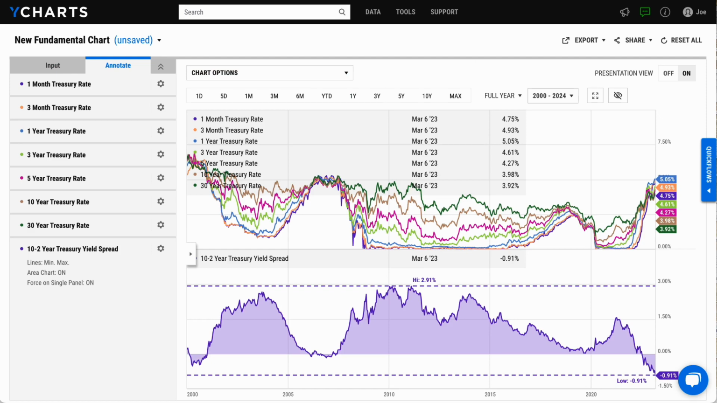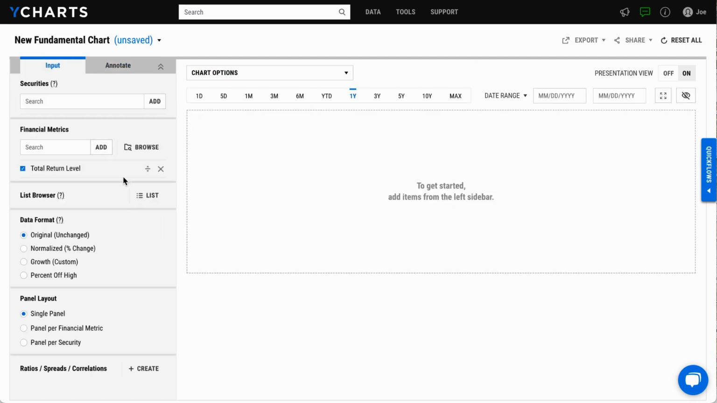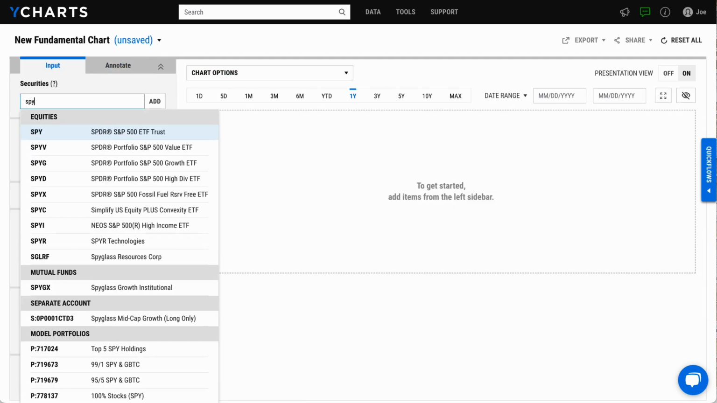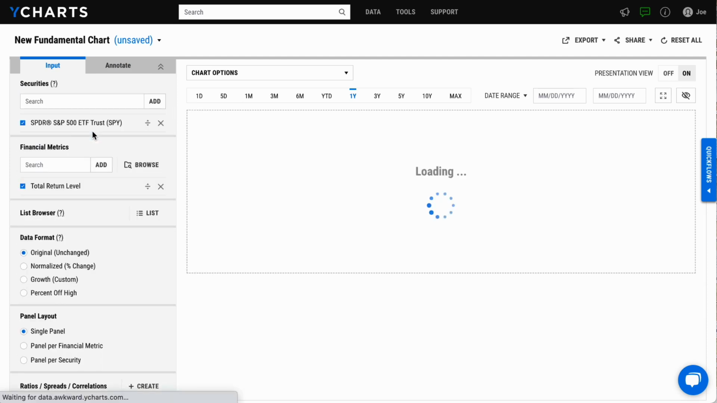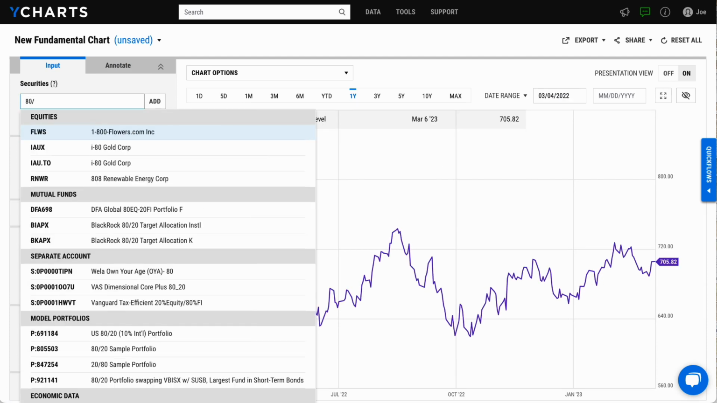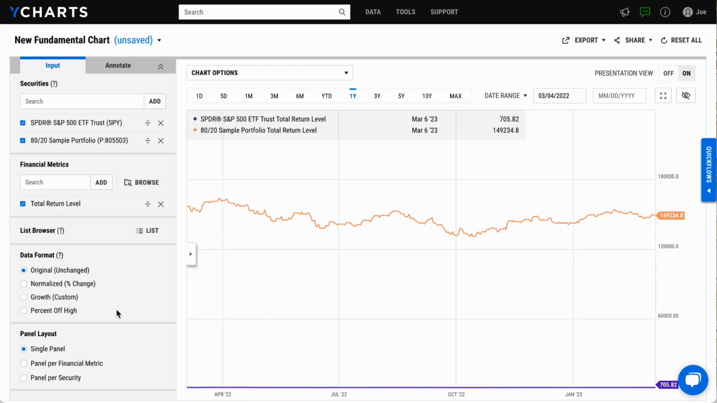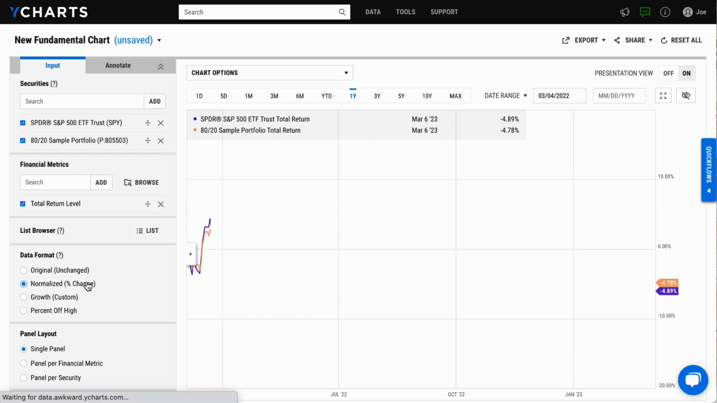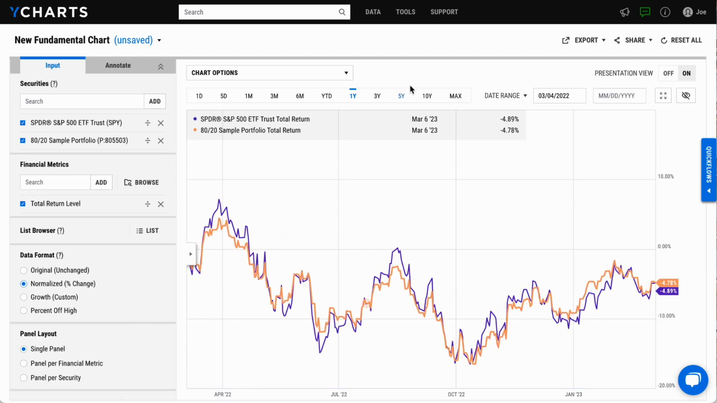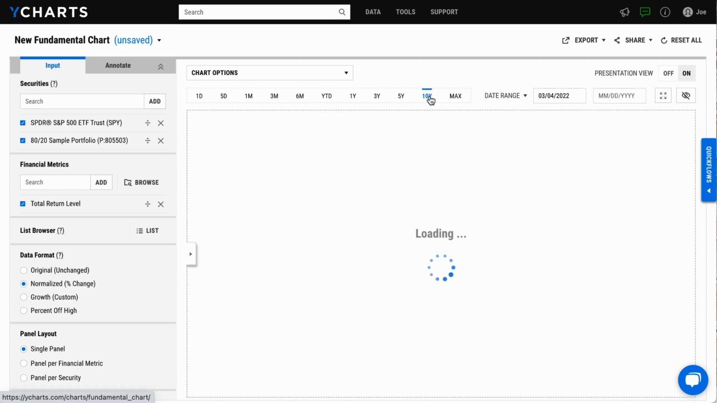Now, let's say you're meeting with a client to discuss portfolio performance. It's easy to pull in equities, funds, SMAs, indicators, and even model portfolios into fundamental charts. Let's say our client is invested in an 80-20 portfolio. It's easy to change the data format to percent change over a time frame, adjust the time frame here at the top,